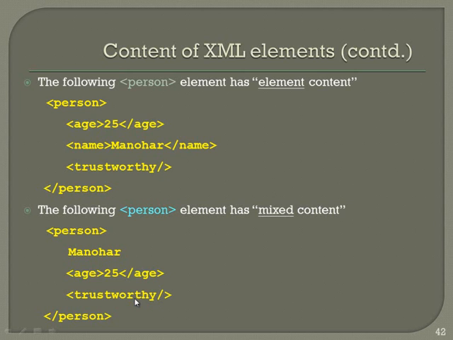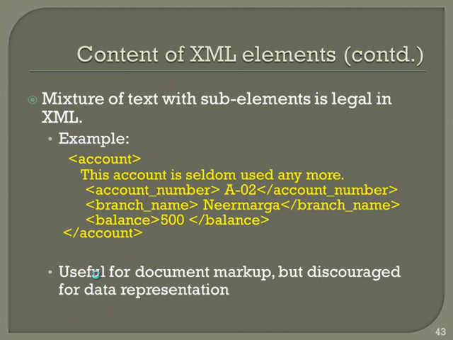Now whenever you are doing this kind of thing, this is usually not a good way of representation. For reading it may be easier, but for parsing you will have a lot of problems with it. So do not mix in this format. As much as possible try to avoid it. It's not an error, you can do it. You know very well, yesterday to get an element you used dot element. To get the name of the element, you said element dot name, then you said element dot inner text. Now this one must be read as inner text, the other one must be read as element, something dot element dot name. So it is very difficult to do that.